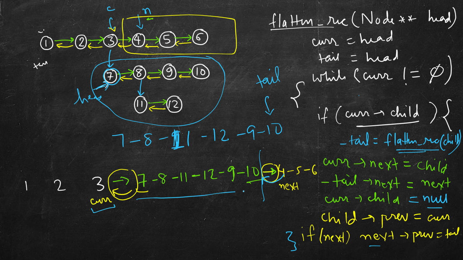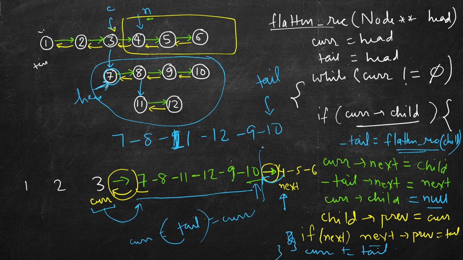So we have already flattened this part. So we can also advance current by one step. But it's better to jump directly here, since this is already flattened out. So we will not need to travel this part again. So what we will do: current equal to tail here inside this, and then if current is there, then tail equal to current, since we have to return a tail also from this function. So ultimately we will return tail,